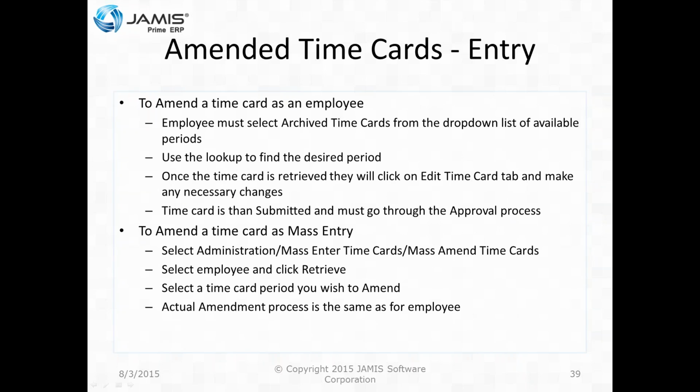So therefore, entry. To amend a time card as you, the end user, as the employee, all you need to do is go in there and select archived time cards from the drop-down list. Use your lookup to find the desired period. Now, somebody's come to you in September and said, okay, the first week of August, I have to change that time card. So just go in there, select archive time cards, pull up the lookup, look for the first week of August,